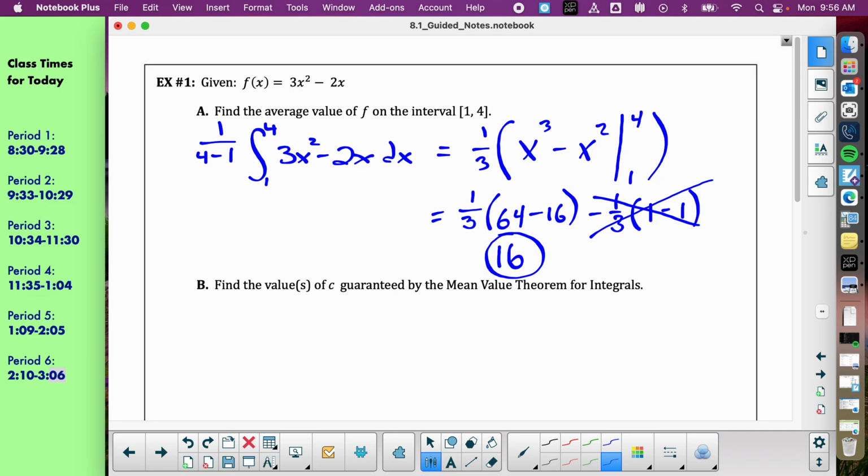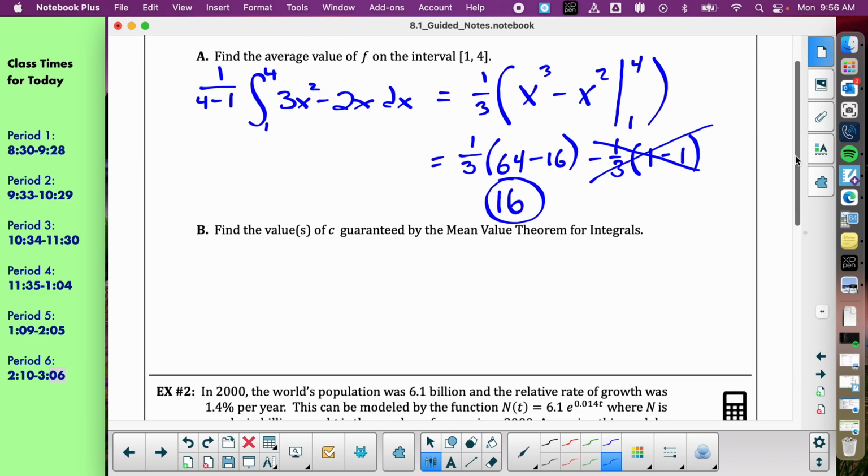That's really high. I suppose it's a parabola. I suppose the parabola over at 4 is pretty high already because you multiply by 3. Okay, so the average height is 16. Obviously, this one was set up so you got a nice answer. Most of the time, this will not be a nice answer. If you're using decimals, go to 3 decimal places. If it's fractions, leave it as a fraction.